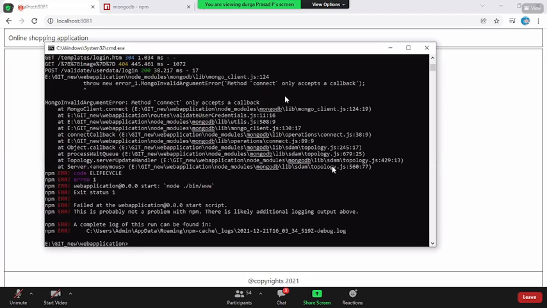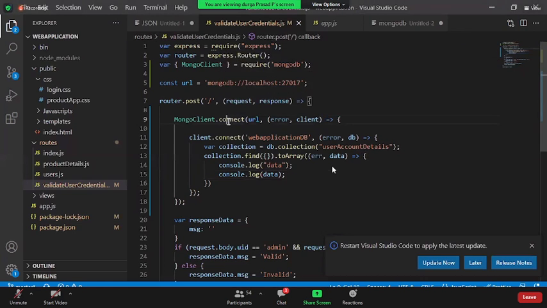Method dot connect only accepts a callback. That is what I'm giving. Mongo client dot connect. Oh, this is not client dot connect, right? Client dot db it is.